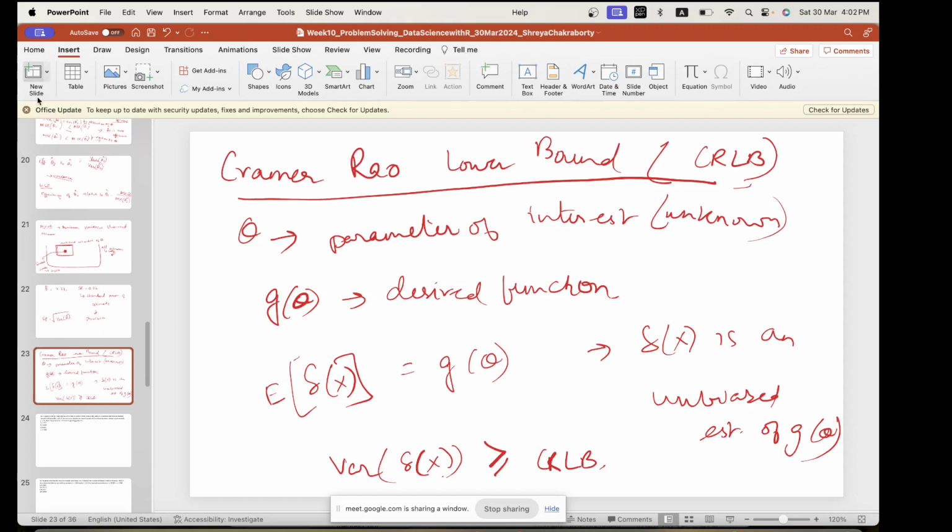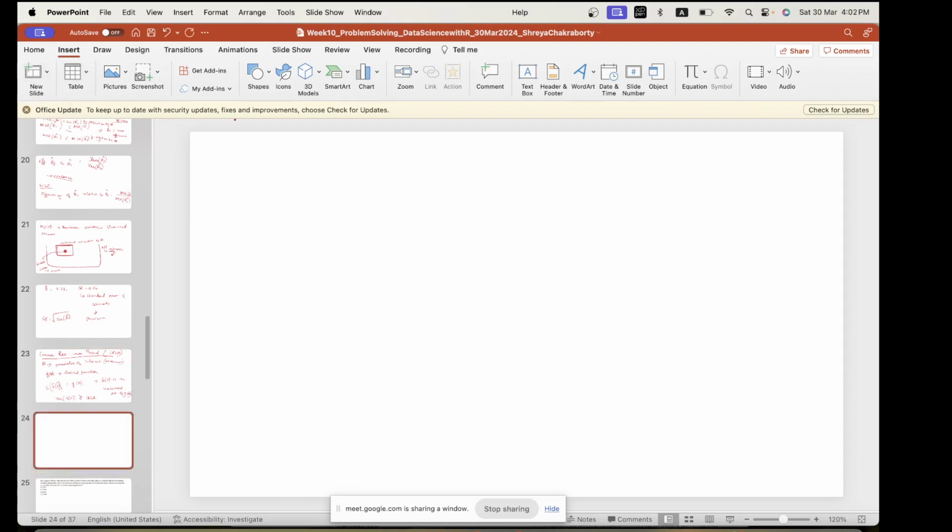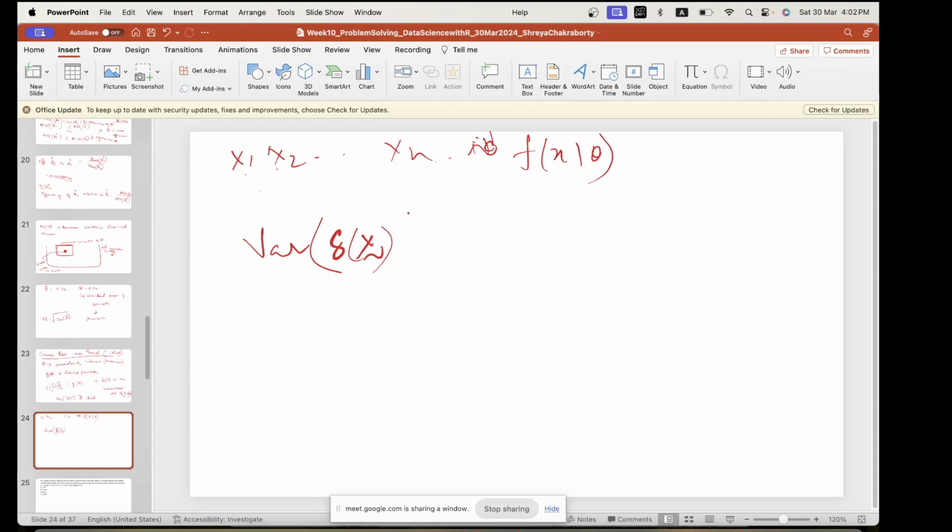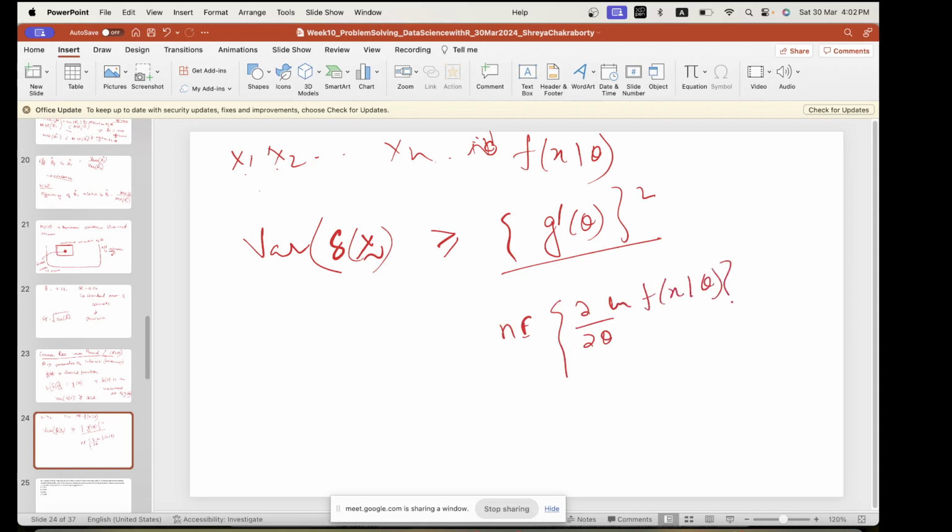All right, and what was the formulation? We found that if we have X1, X2, ..., Xn, an IID random sample from the distribution f(x | θ), then the variance of δ(X), which is a function of these random variables that will be realized, is greater than or equal to (g'(θ))² divided by n times the expectation of (∂/∂θ ln f(X | θ))². And this expectation, this denominator,